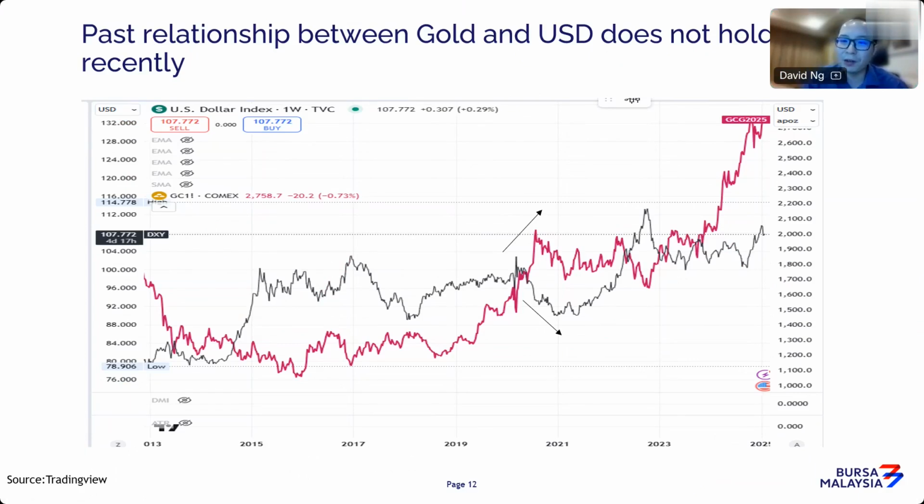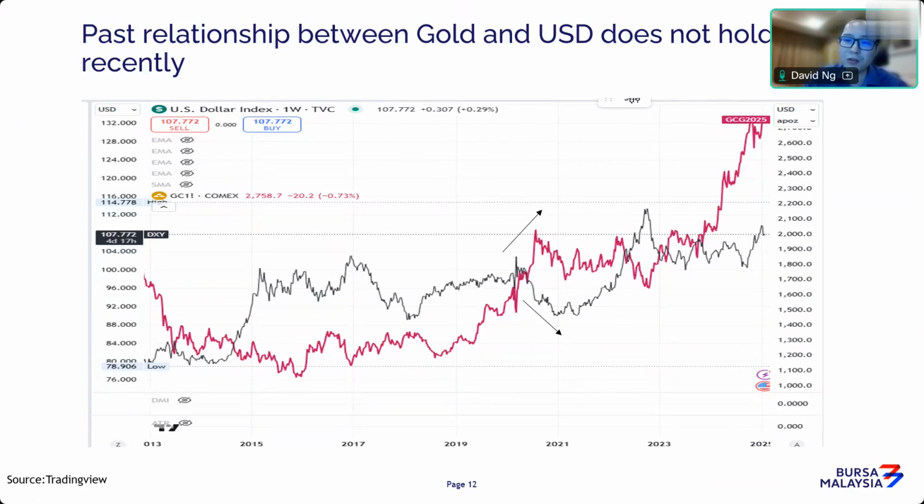When you have a weaker dollar, a lot of people tend to favor gold. Right now you tend to see that this relationship does not hold, especially for the last couple of months. Obviously, there are other factors driving the rally in gold prices, and it's not the US dollar. But if you look at a longer-term relationship, the inverse relationship between dollar strength and gold is still quite persistent. It's just that in recent times the relationship has broken.